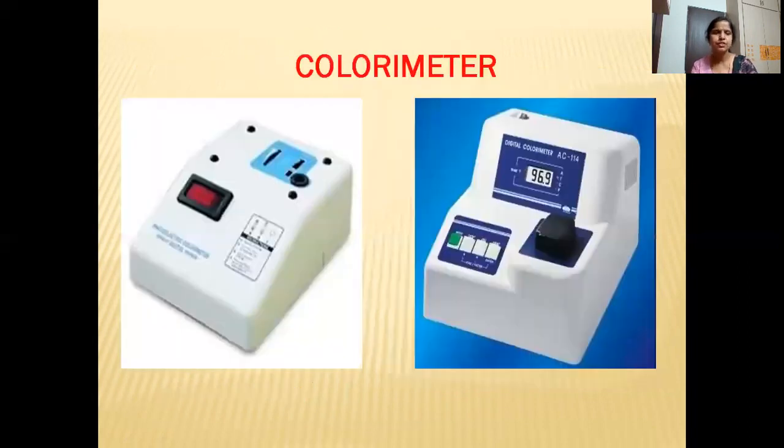These are colorimeters. Here you can see the sample holder where we have to place the cell, that is the cuvette. Here we can fix the wavelengths on this. It is a sliding one. If you slide or roll it, it will show different wavelengths and absorbance. Everything will be displayed on the digital display. Or else this one, this is the sample holder and digital display of the absorbance. These are the colorimeters that we use in our lab.